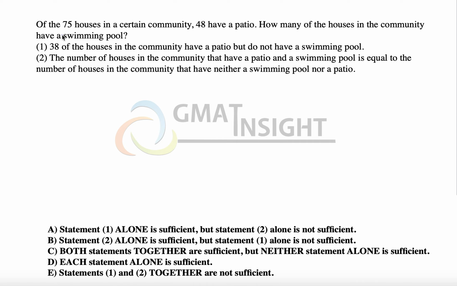Of the 75 houses in a certain community, 48 have a patio. How many of the houses in the community have a swimming pool? So we can see that there are two characteristics of houses. Some may have a patio, some do not have a patio, some have a swimming pool, some do not have a swimming